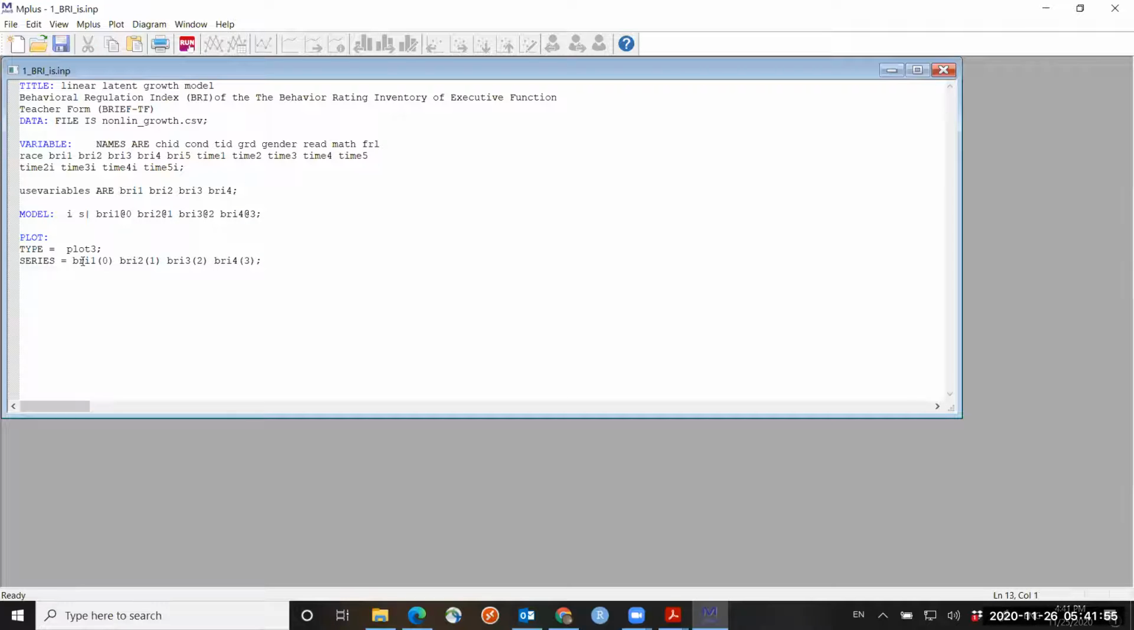Now here we also are requesting plots. So type plot 3 is the most complex, the largest amount of plots Mplus can provide. But because this is growth data, I use this command here, series, to give what I want the time series to be in the x-axis. So here I say BR1 is 0, BR2 is 1, BR3 is 2, BR4 is 3. Okay, so we'll run this model